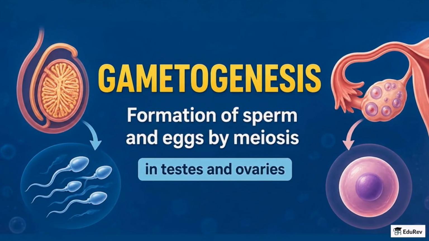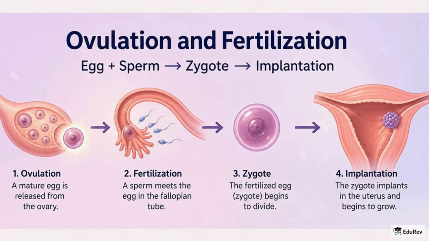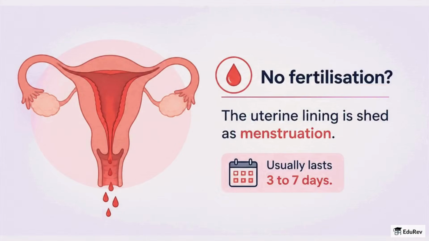Gametogenesis is the formation of sperm and eggs by meiosis in testes and ovaries. Ovulation is the monthly release of a mature egg, and if a sperm meets the egg in the tube, a zygote forms and implants in the uterus. If the egg is not fertilized, it and the thickened uterine lining are shed as menstruation, which usually lasts 3